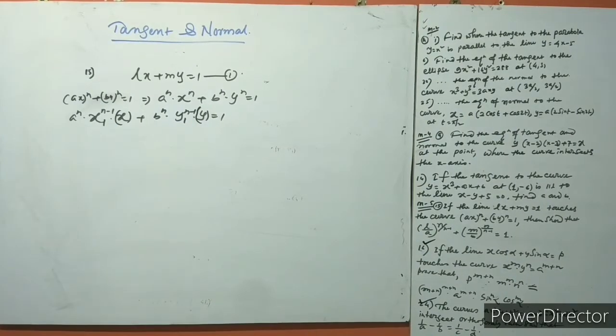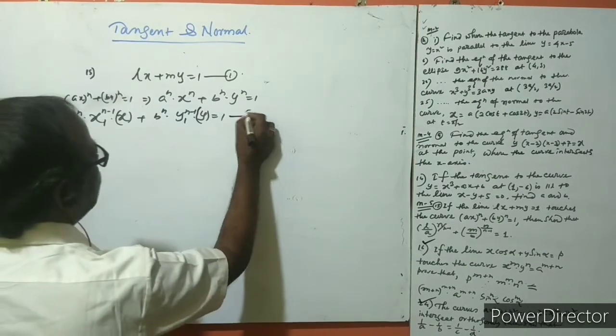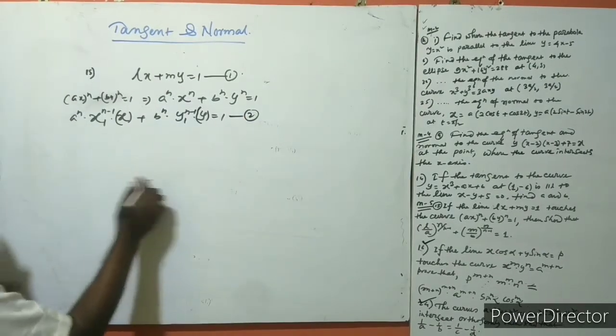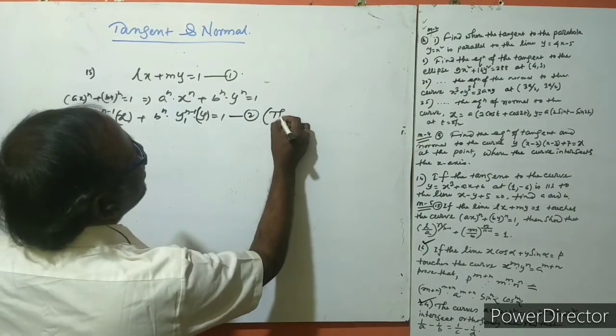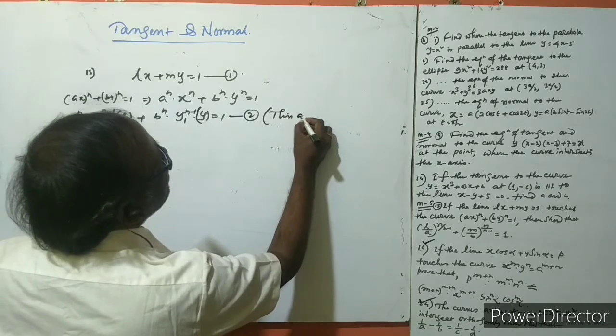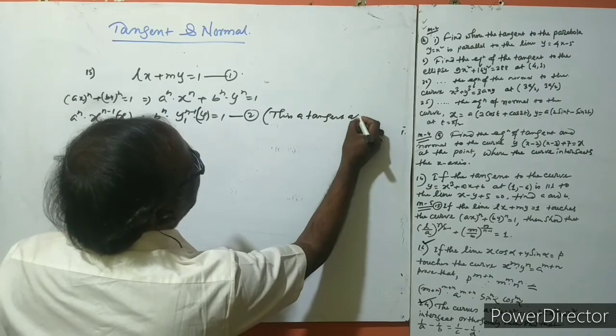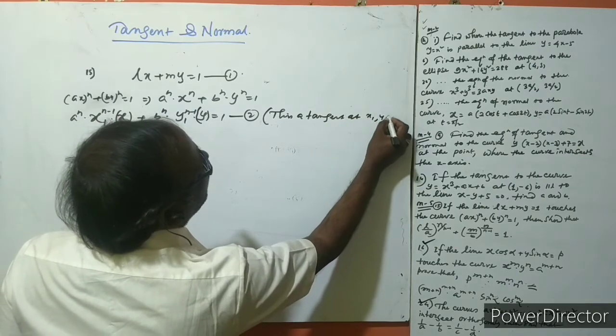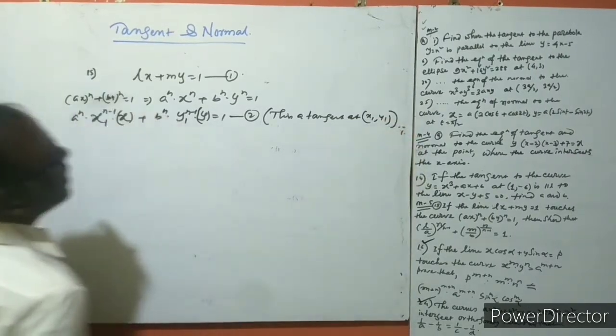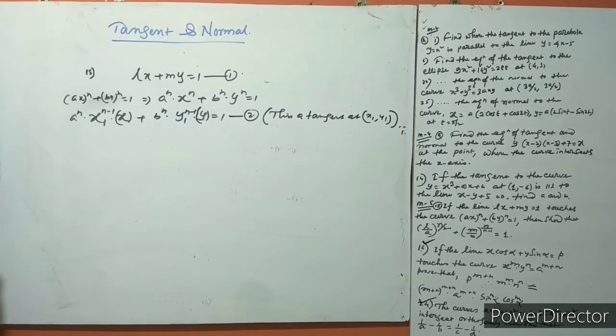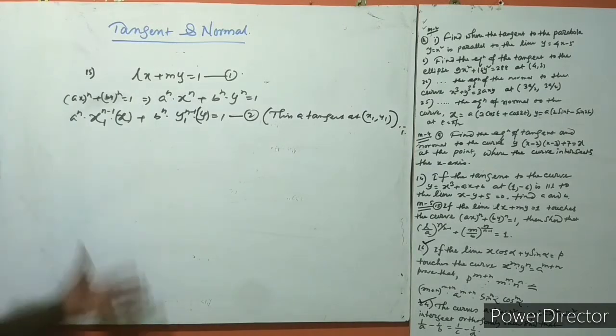So this is the tangent, okay. So 1 and 2 are identical, so this is the tangent at x1, y1, okay. So this is the easiest technique to find the tangent for the competitive exam,